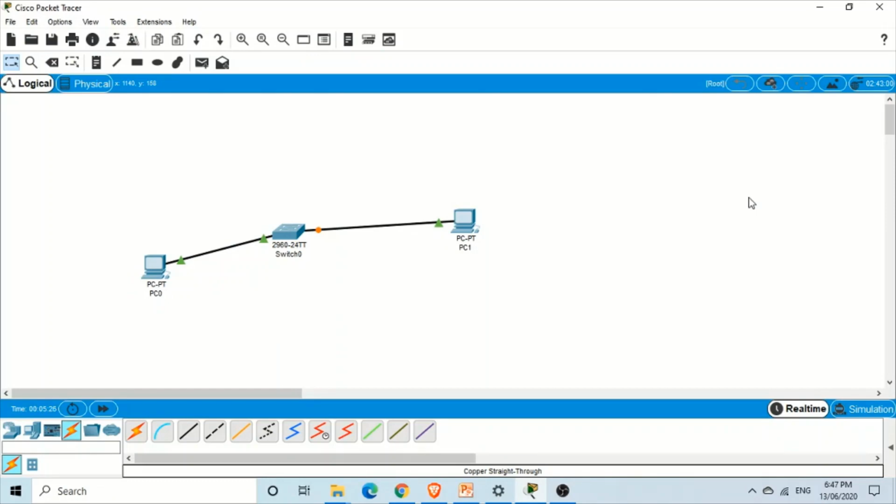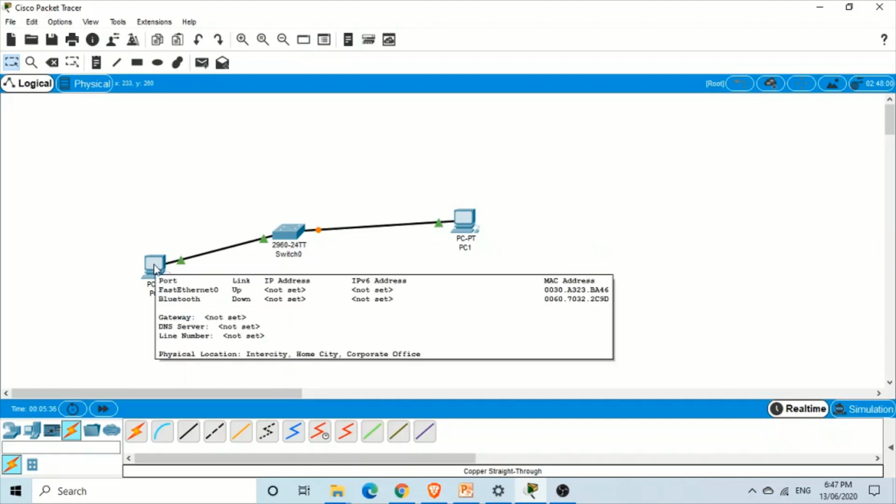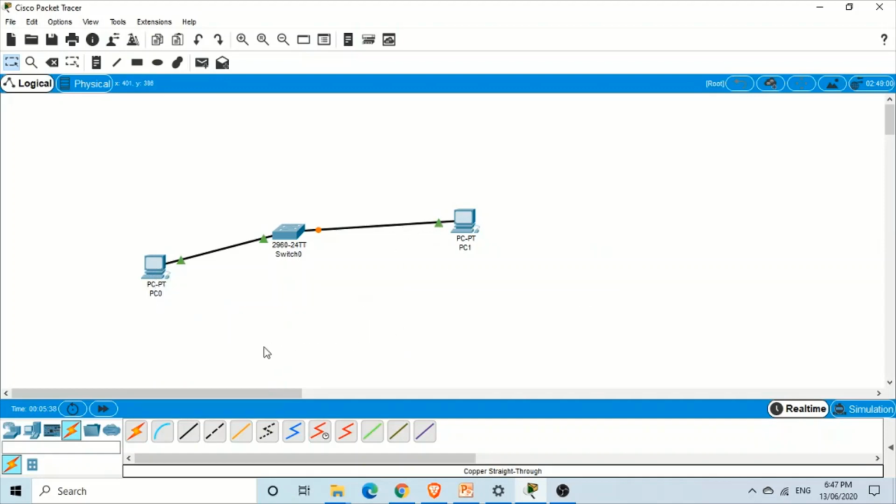So now we have created our computer network: 2 computers and 1 switch. But for these 2 computers to work, or to exchange information, to establish the connectivity, we need to assign an IP address to this computer as well as to this computer. Now to assign an IP address to this computer, just double click here